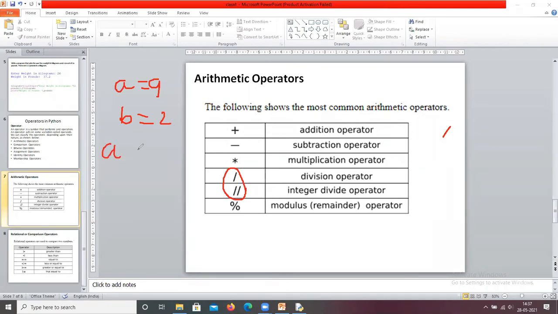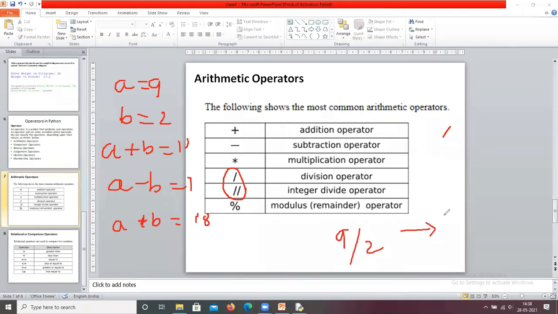I hope you all know a plus b equals 11, a minus b equals 7, a into b, asterisk, means 18. What about 9 by 2? In C it is 4, but in Python it is 4.5.